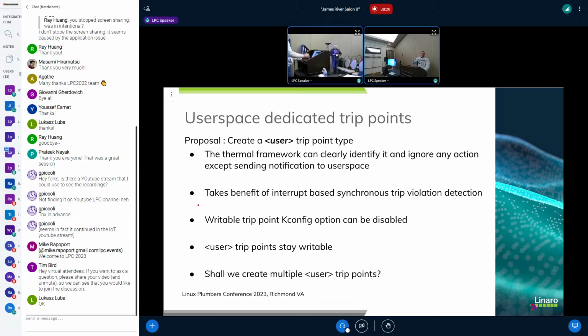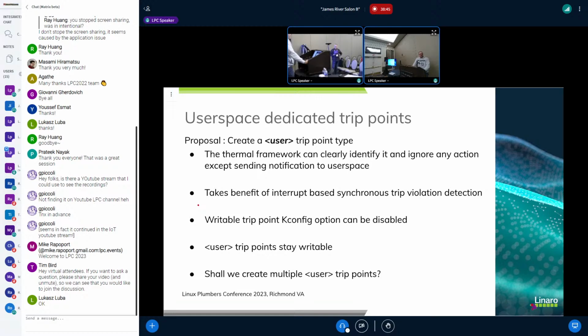So when you cross the trip point, the framework. Yeah, but I know that. But to get an interrupt from hardware, you have to tell the hardware that there is a trip point for which it should generate an interrupt, right? Because otherwise it won't do that. Yes. So with the user trip point, the hardware has to be able to. There needs to be a way to program the hardware, right? For this. So right, there is a requirement.